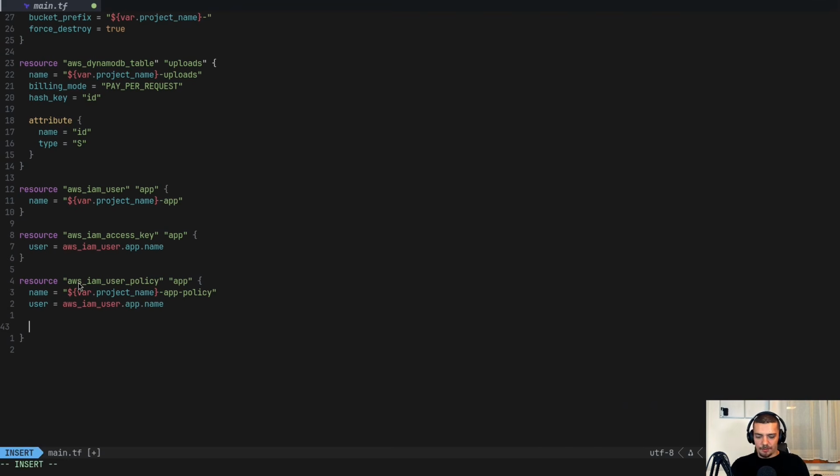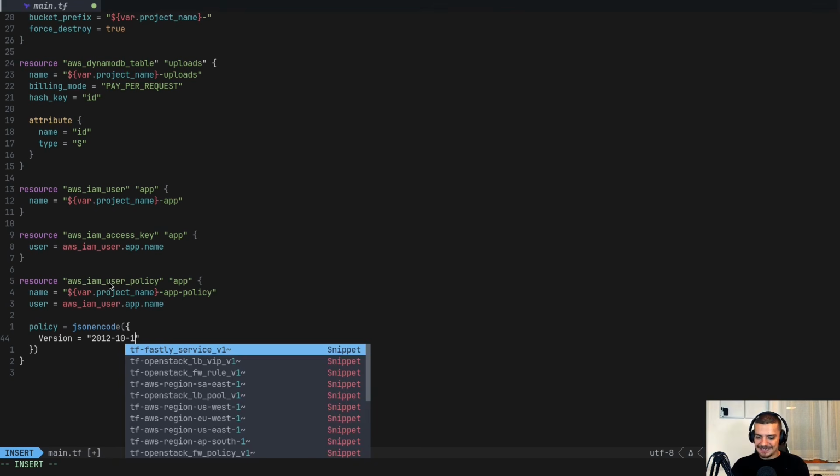And then we need to define our policy. And the policy is going to be a JSON object. So we're going to say JSON encode. And in here, we're going to pass curly brackets. In those curly brackets, we can now provide the information for our policy. Now, our policy has to have a certain language version. The version means not the version of the policy, but the version of the language used to express the policy. And the current one that we should be using from AWS is from 2012. Let me look this up again, 2012-10-17.